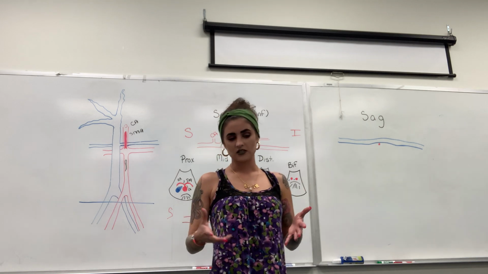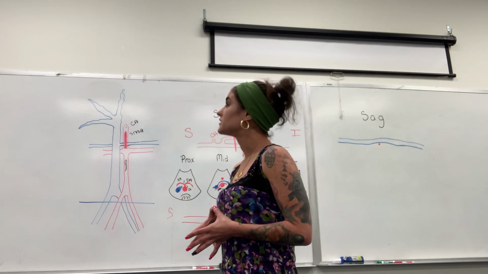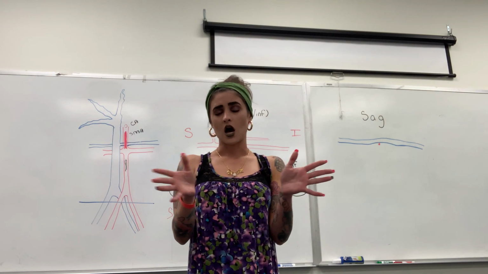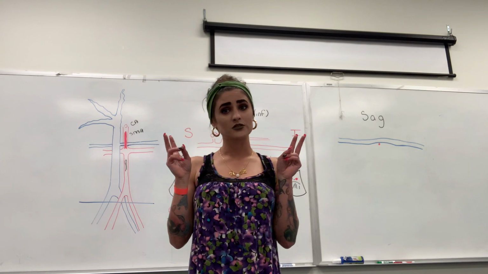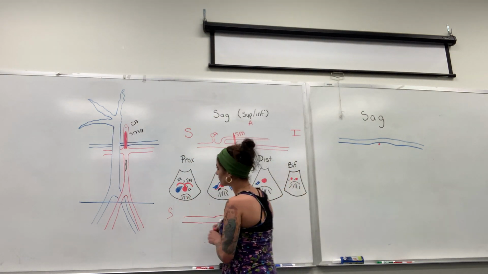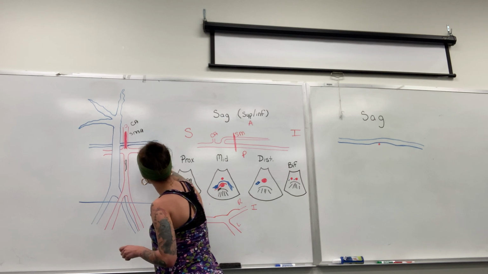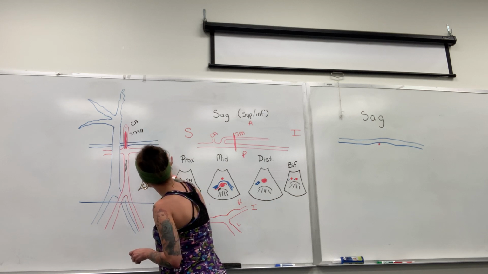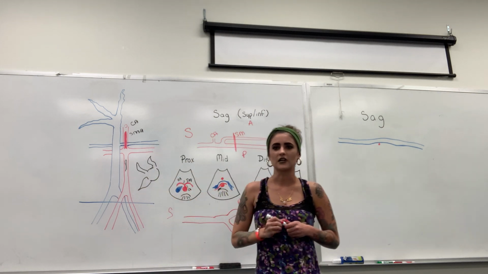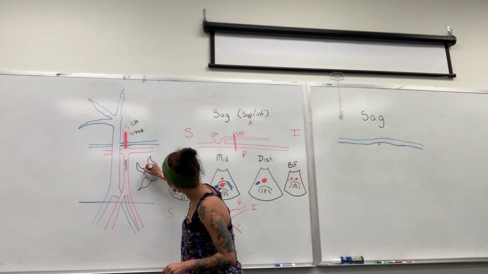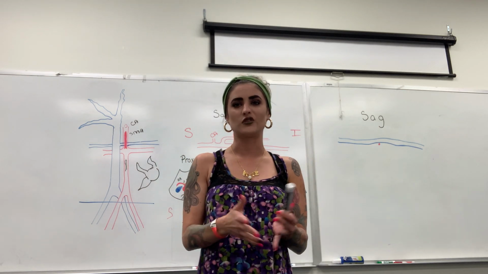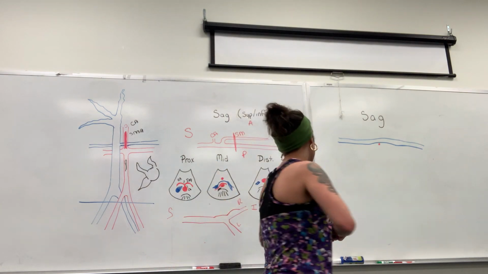hepatic veins. Now, some important things to know are that the veins get bigger in caliber as they course towards the IVC. So as they course out of the liver into the IVC, they're going to start getting bigger. To me, they almost look like a sun. If everyone remembers the sun from the 90s, which I'm guessing half of you probably don't, it's going to start to look like this when it starts getting closer towards the IVC. So again, a bigger section as they course towards the IVC, and then as they course into the liver, they start getting smaller and smaller as they branch off and have their little